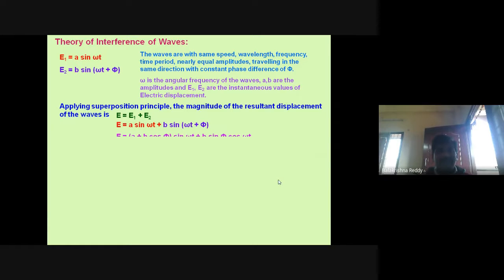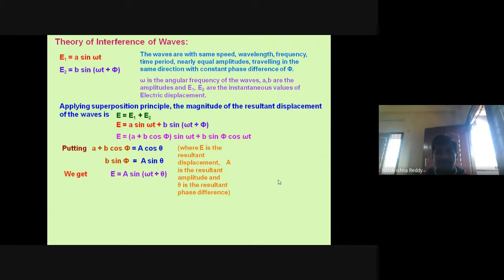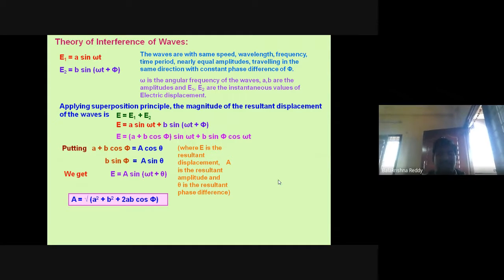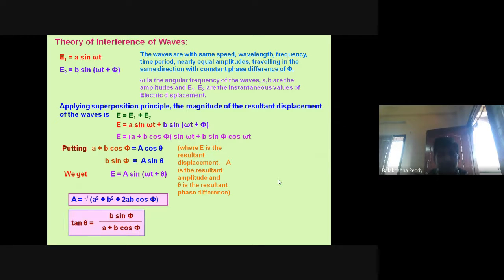then I can rewrite in terms of a trigonometric identity as given above, and I can substitute that in the form of A sin theta and A cos theta. Therefore, the total resultant wave is A sin(omega t plus theta), where A is the amplitude of the sum of the two waves. That is, we can write A equal to the square root of A squared plus B squared plus 2AB cos phi, according to the parallelogram law. At the same time, the direction of the resultant wave according to the parallelogram law: tan theta equal to B sin phi divided by A plus B cos phi.